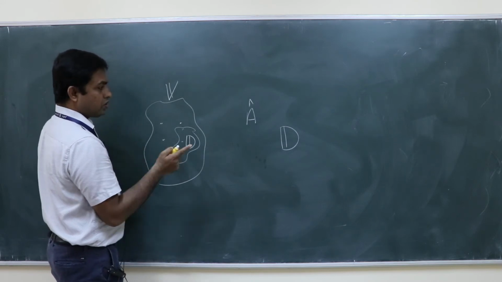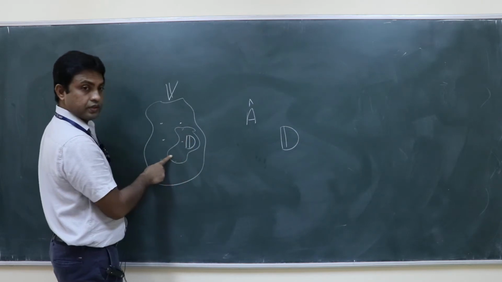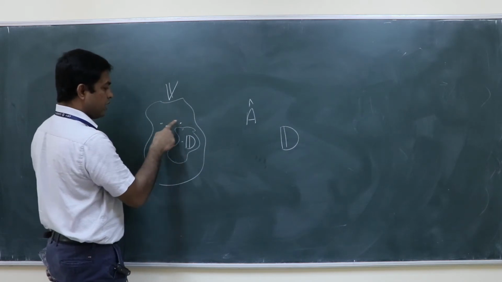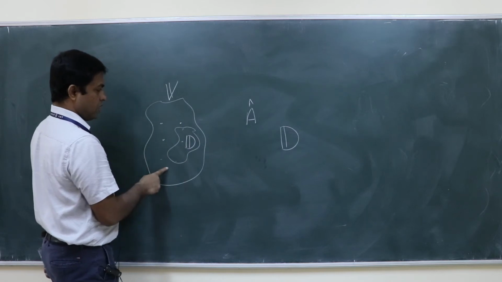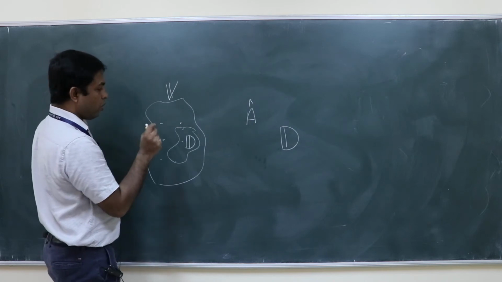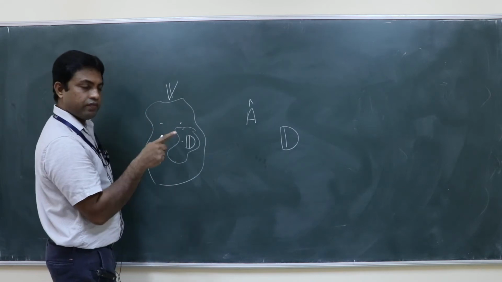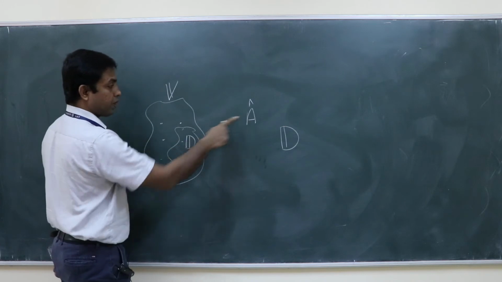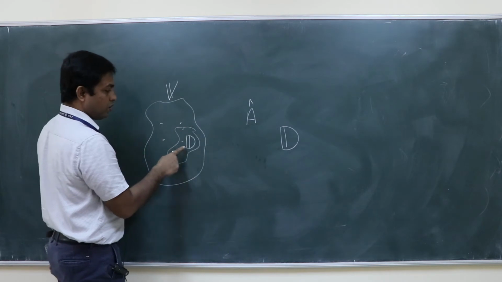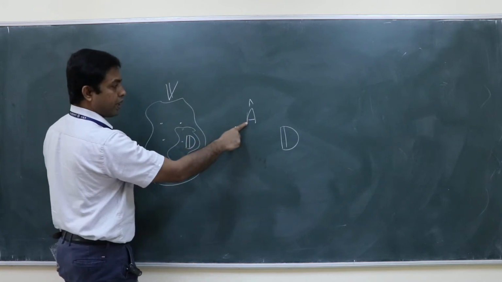So the next question is, when can you say that this subset is dense? The definition is, you take any vector in this vector space, then you find a small neighborhood. In that small neighborhood of that vector, you will see another vector which is in the domain of the operator A, or in the set D. Is that clear?